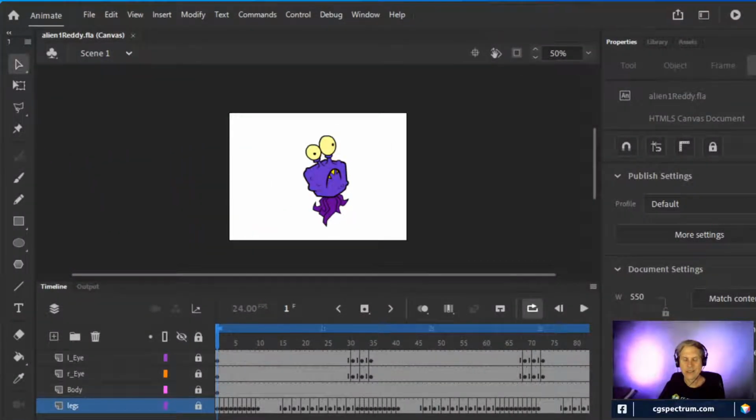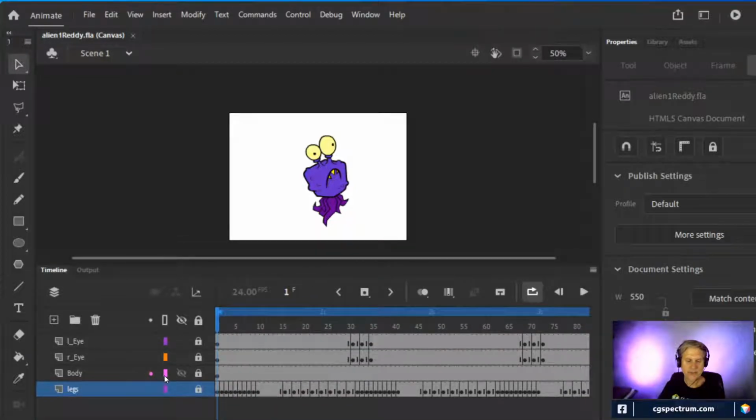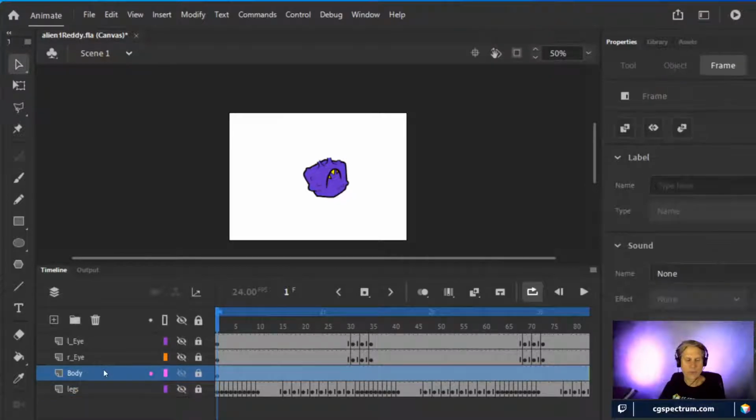All right, so let's look at this one first and look at, first of all, the different layers. I will start by just turning layers on and off, and you can see if I break it down that each layer is separated. And so if you look at the body layer, and boy is it important to stay organized when you're doing this sort of thing. You can wing it and then you can put it all together later, but if you have a sense for this sort of organization, you'll know that, well, the body is going to be on this layer, the eyes are going to be on top of that layer.